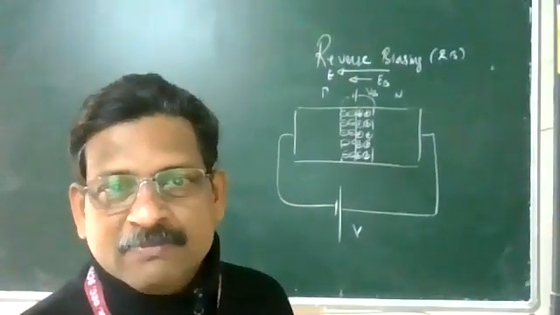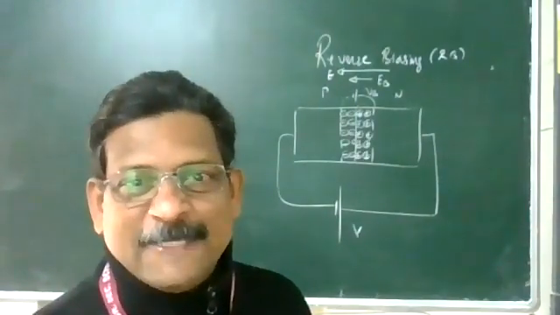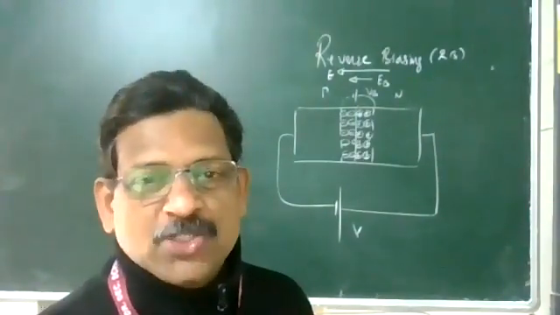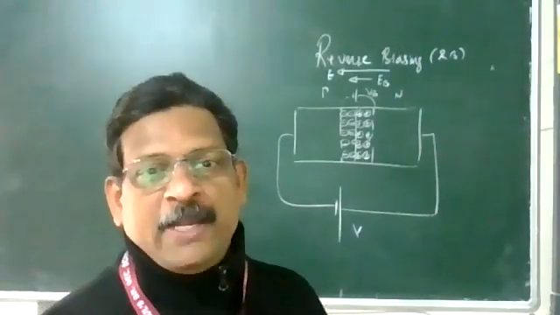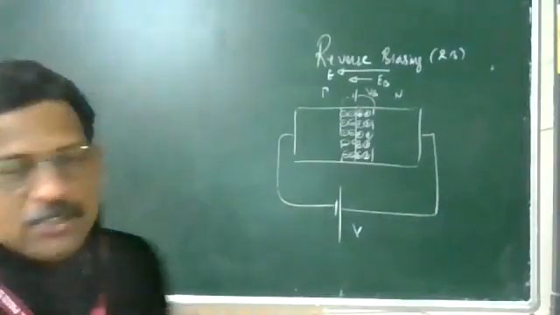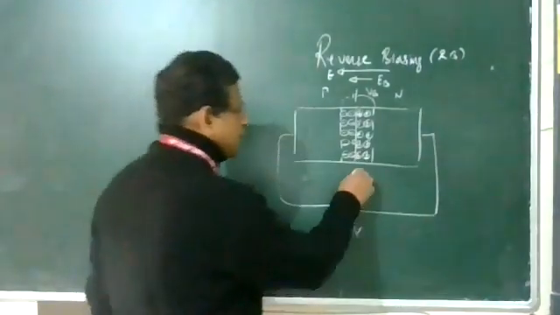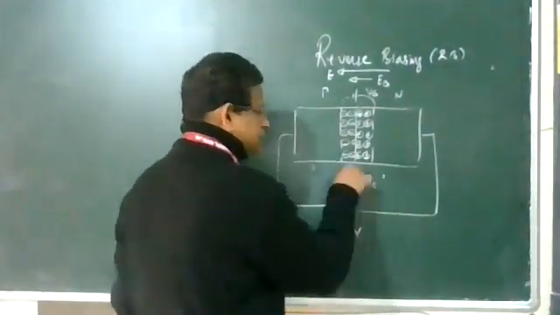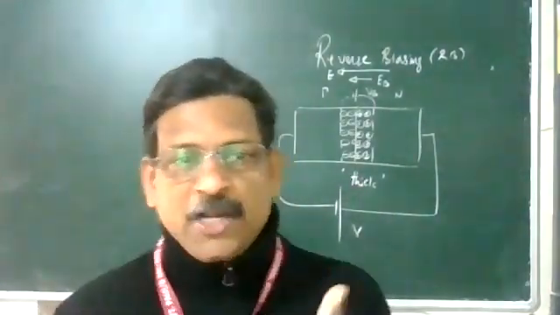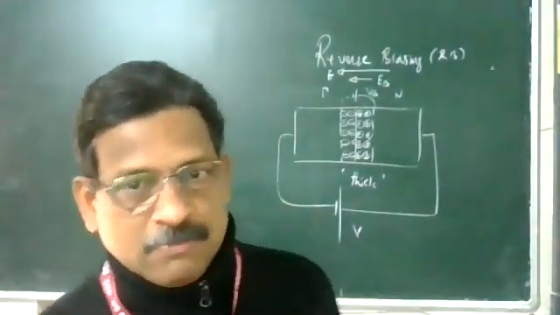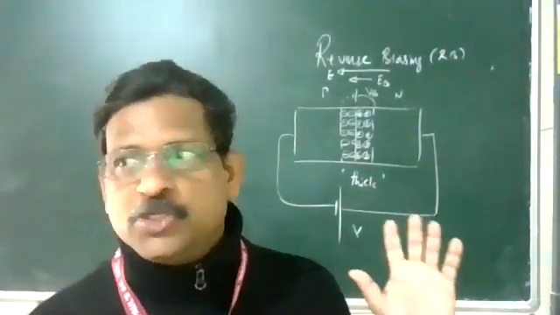So what will happen? The applied electric field is helping the opposition party. The opposition becomes very strong. So what will happen? Opposition very strong means the depletion layer becomes very thick. You can see that, I have made a thick layer. So the depletion layer becomes very thick. Once it is very thick, majority carriers cannot cross through the junction. It is very difficult for them to cross because the opposition is that much.